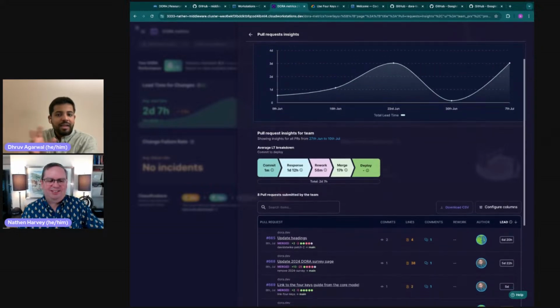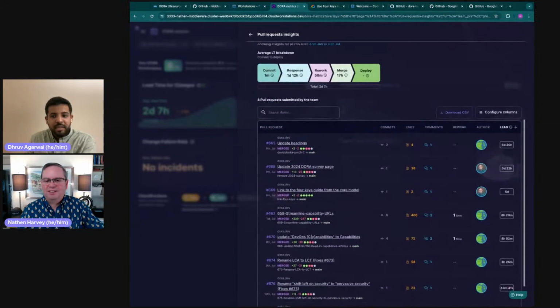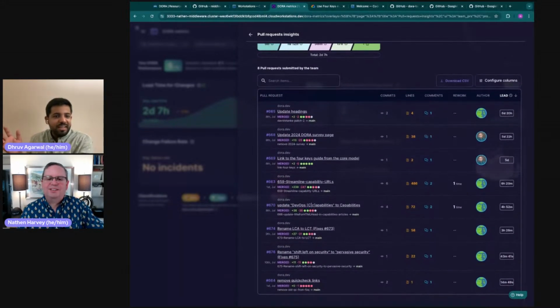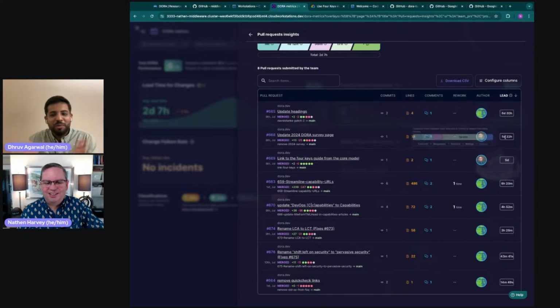pull requests that created this metric, so that you can have the detail. You can also download it. You can configure columns and play around with that data if you will. And you can also look at each PR in detail. So if you just hover on the lead time, let's say for the first PR, alongside Dave's name, you can look at each and every detail. So it's like you can keep chiseling it down to any level you want. But yeah, I'm waiting for your question.